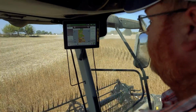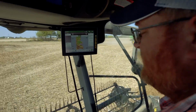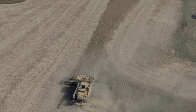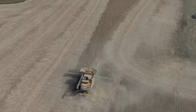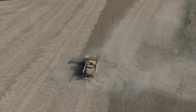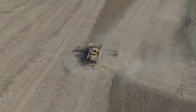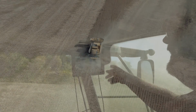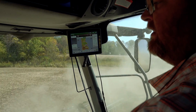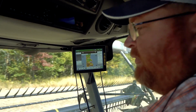I have a cell phone connection and see what's happening with his machine, check the settings, check the loss, actually look at the grain quality coming in. There's high-speed cameras in there, so I can actually see what the machine is doing from a grain quality standpoint, efficiency. So with this technology, this is the base for all of our agronomic decisions, from fertility management, any input,